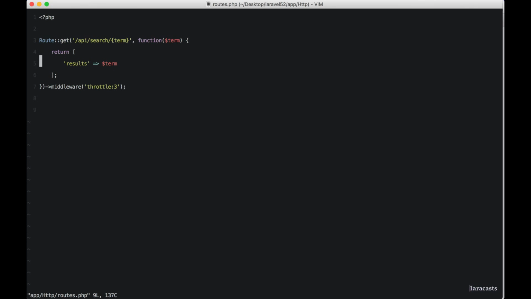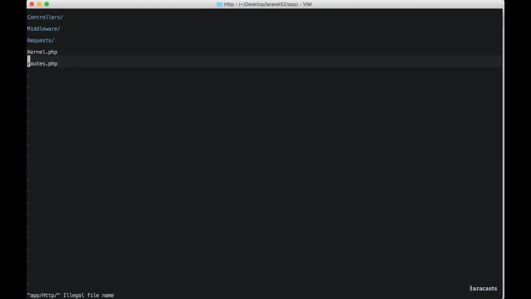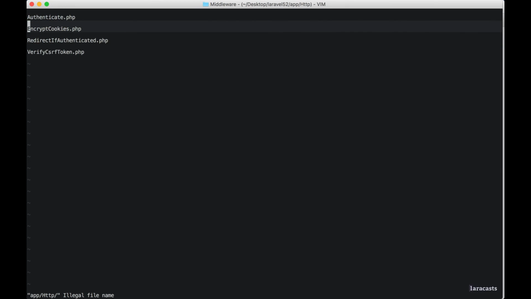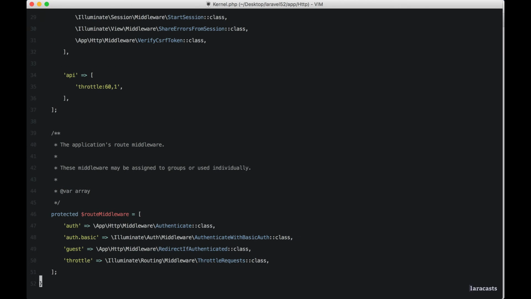Okay, so let's review how exactly does this work? What's going on behind the scenes? All right, we'll take a look at this. We're going to go up to our app directory, into HTTP, middleware. Here's where all of your default middleware are stored. However, you're not going to see anything related to a rate limiter. This will be through the vendor directory. So instead, if I go down to kernel, where we register everything, yeah, take a look at our route middleware. We have this new one in Laravel 5.2 called throttle, and that will point to a throttle requests middleware. Okay, so that means you can apply this to any route to any